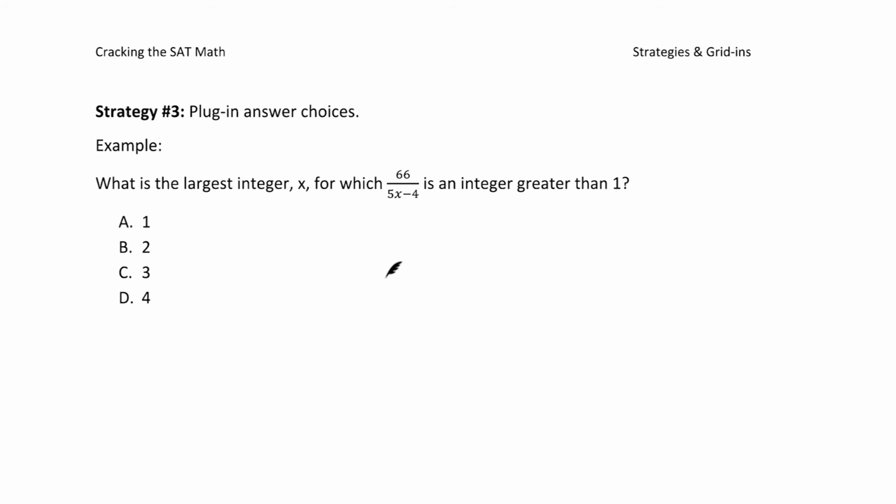Let's have a look at the third strategy, which basically states that whenever you have numbers in the answer choices, you put them back into the question to find the correct answer. So basically what I'm trying to do over here is convert algebra into arithmetic. This is something I will be doing throughout the session. I keep telling my students that this is layman's math. You should be able to make anyone understand through numbers.